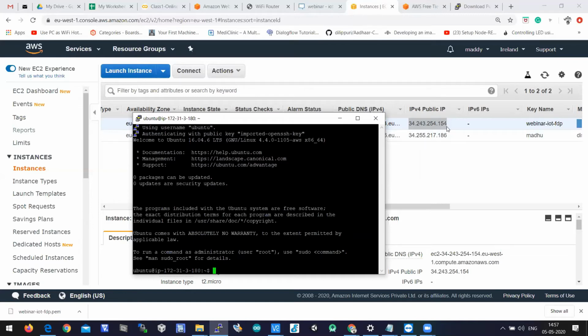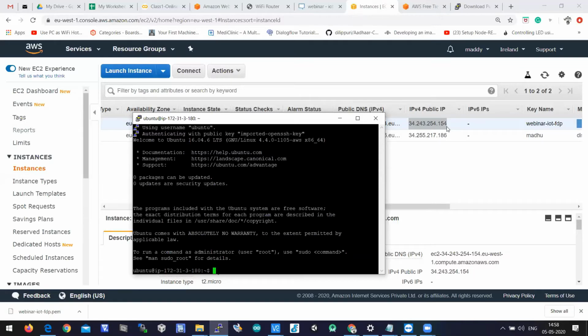One is a private IP, one is a public IP. One is an internal IP, one is an external IP. External IP is always a public IP. Internal IP is always a private IP. So that is why it is displaying 172.31.3.180, the internal IP address of my instance. For you also, it will display another number, which is an internal, private IP.